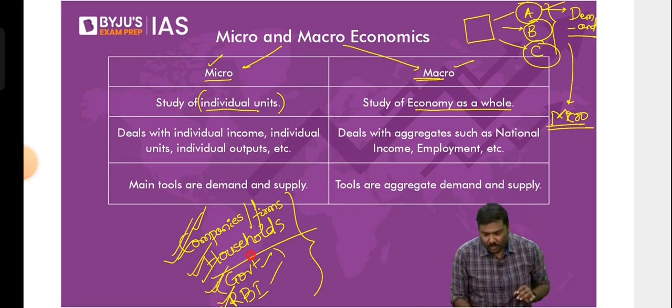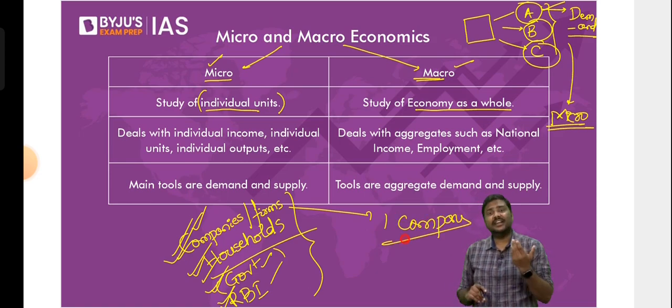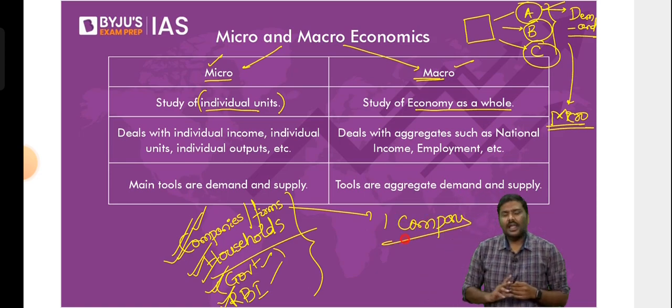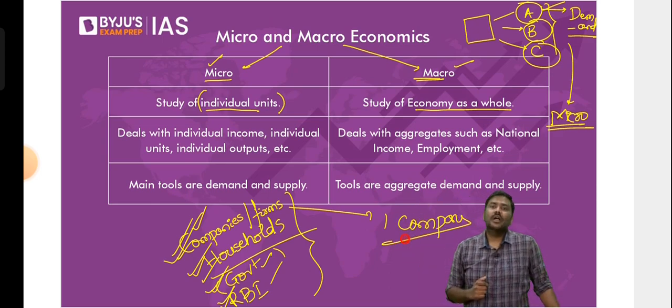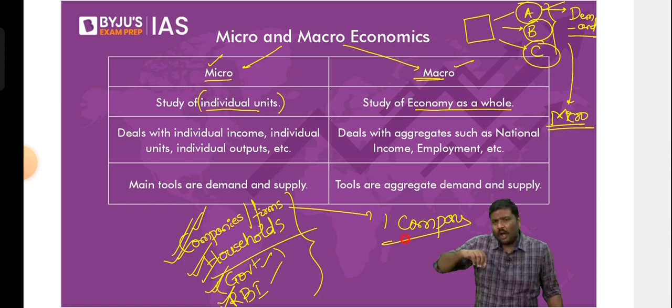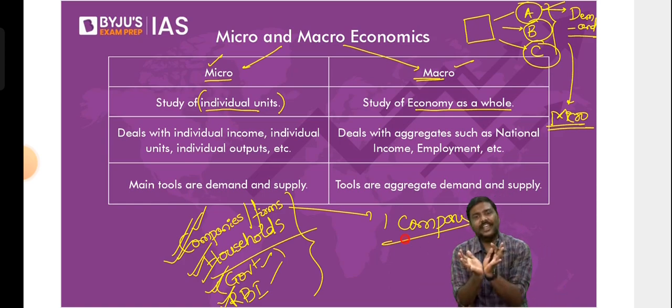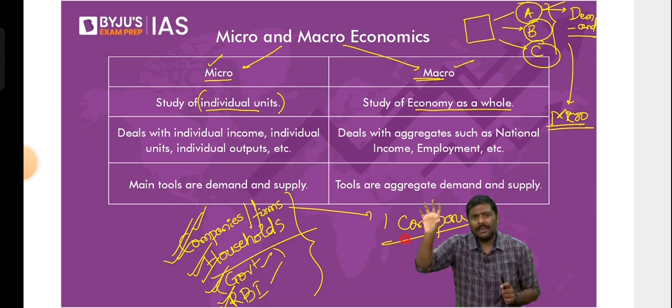If I start studying, let's say, one company, let's say Ambani Group of companies, and I find out how many employees are there in the Ambani Group, how much is the total production done by this group, how much is the total supply of goods and services, how many jobs they are creating. Am I focusing on the whole of India, or am I focusing on one part of India? Follow my segment here. I'm studying only one company, that is Ambani Group of companies.